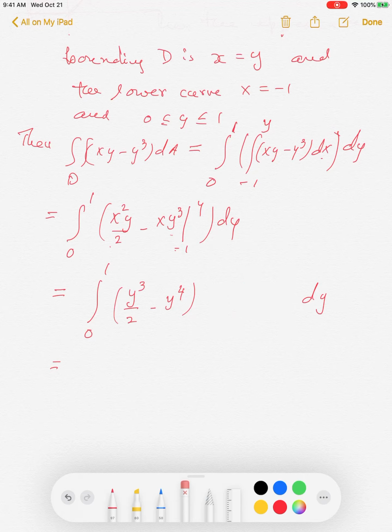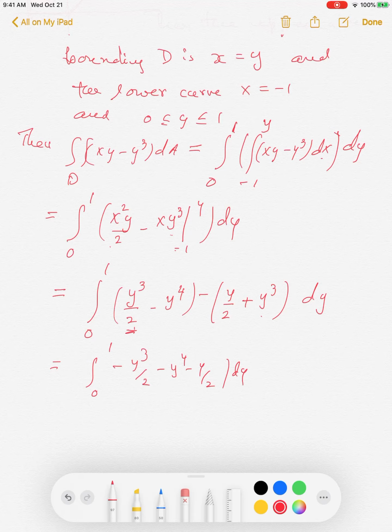Let me clear this and do this again. So I'm putting my x equal to y, so I get y cubed by 2 minus y to the 4 minus, I want to now evaluate this when x is -1. So when x is -1, I get y by 2, -1 squared, y by 2, minus becomes plus y cube. So this becomes, if you calculate, from 0 to 1, y cube by 2 minus y cube is minus y cube by 2, minus y to the 4 minus y by 2,